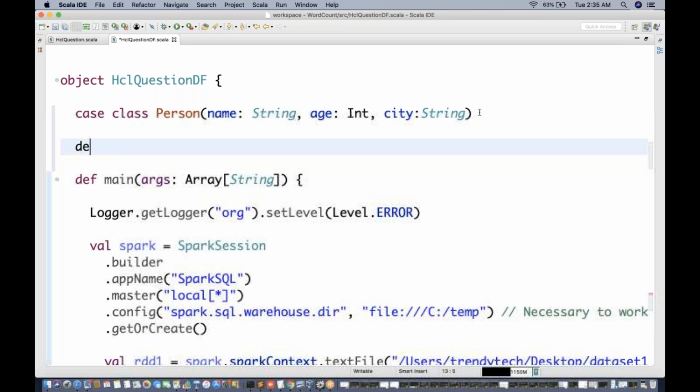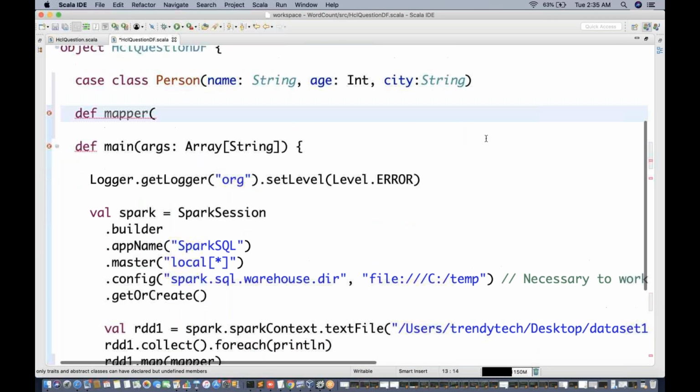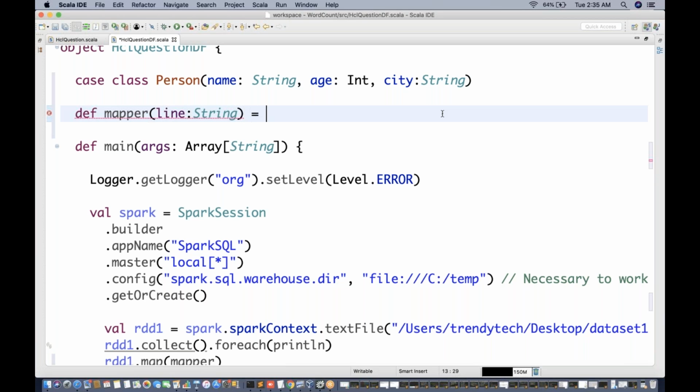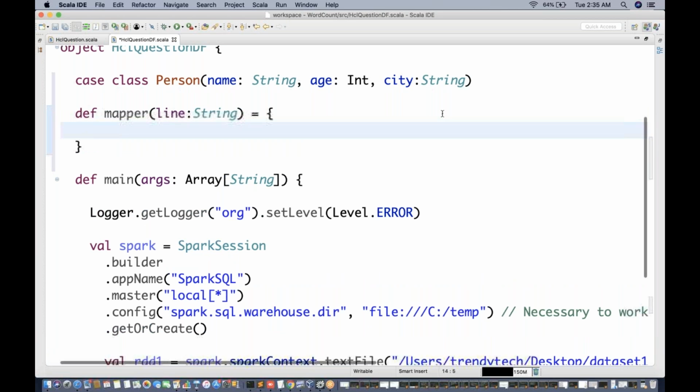Def mapper, right? Now let's say line of type String equal to this, correct? Now what we will do is line.split based on comma, and then we can capture it inside fields.